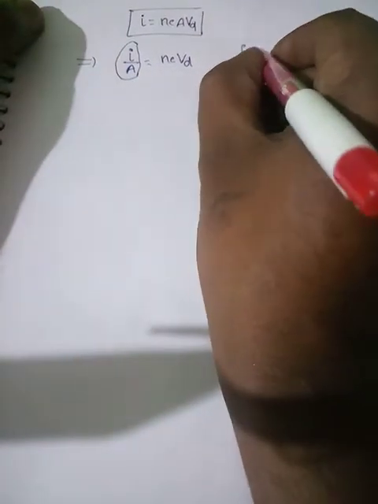Now here, for 3 marks you can end there. We got the relation, right? Now we know the relation we got here: I is equals to nеA Vd. That implies I by A is equals to nеVd, right? So we have seen somewhere in this chapter this one, right? What is that? Current density. As I write, current density J equals to I by A. So I can easily substitute that in I by A, we can substitute as J.